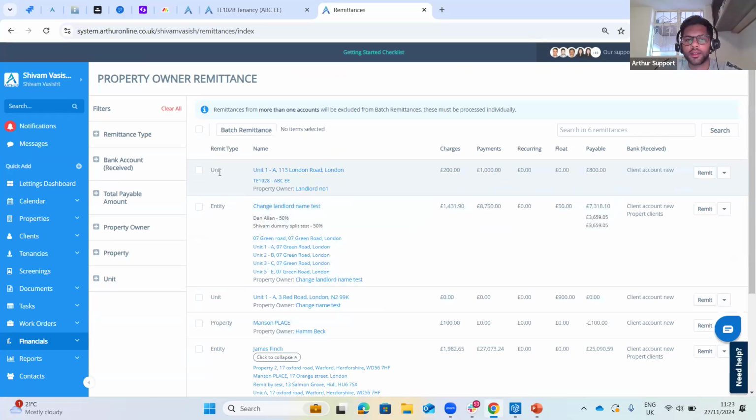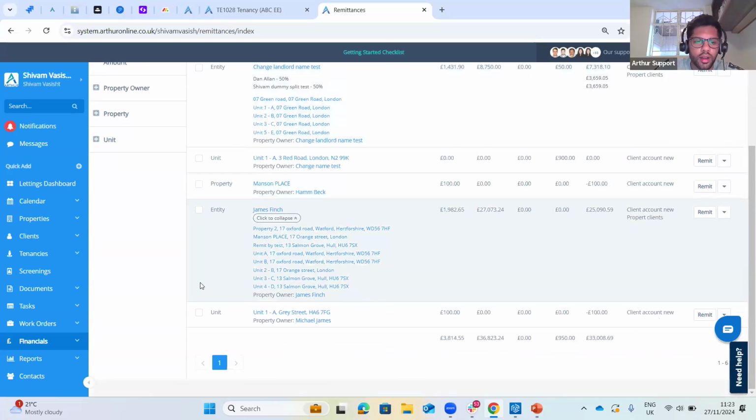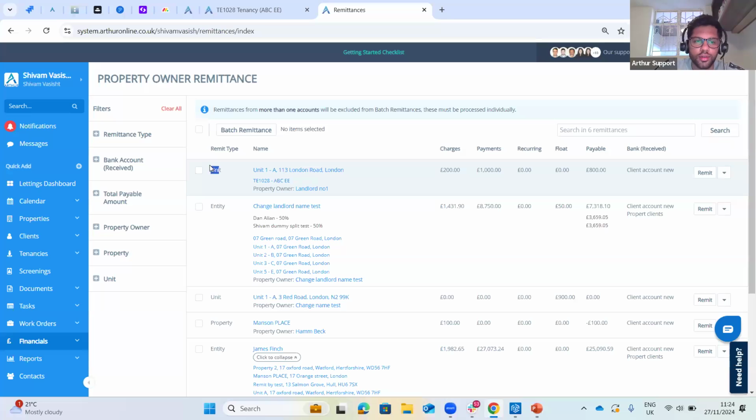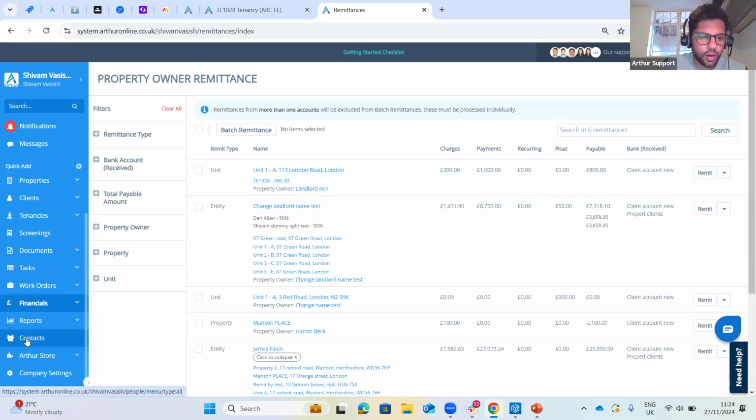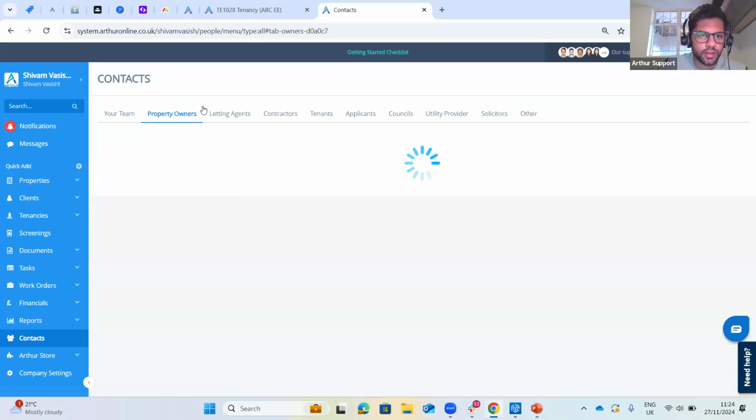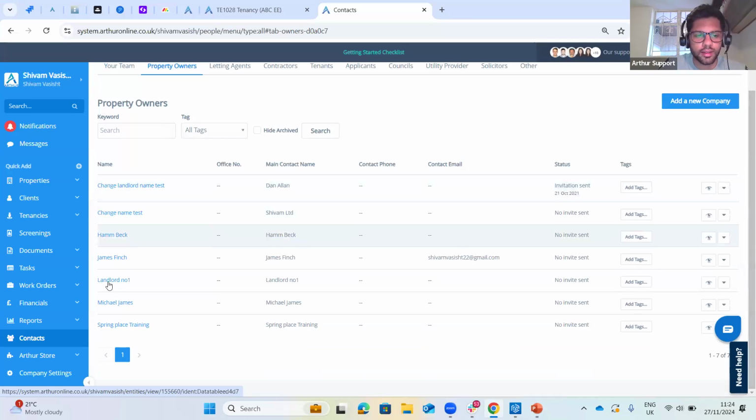If you want to change these settings, I'll show you the process of how to do that now. The best way to change your remittance types is to go to your property owner contact, where you can change the settings so you can decide how you want to set up your remittance screen. So for example, for the property example I was looking at, we have the landlord here, landlord number 1. If I go into contacts in property owners, this is where you change the remittance type settings and go into the landlord contact. So under property owner, click into the landlord,